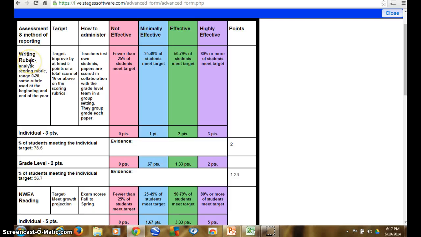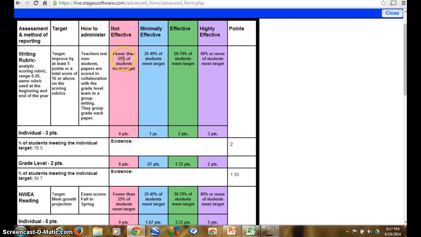Each student was assigned a writing, and we scored them at the beginning of the year, and then we scored them at the end of the year, the same writing rubric, same writing prompt. Actually did it 3 times during the year to track growth. And then we measured